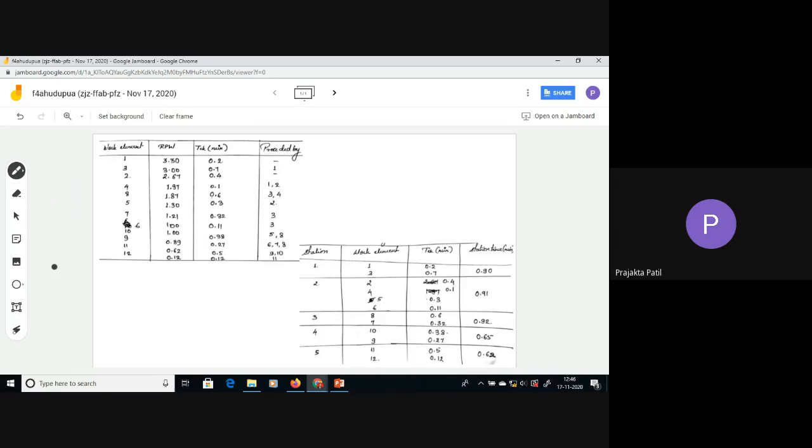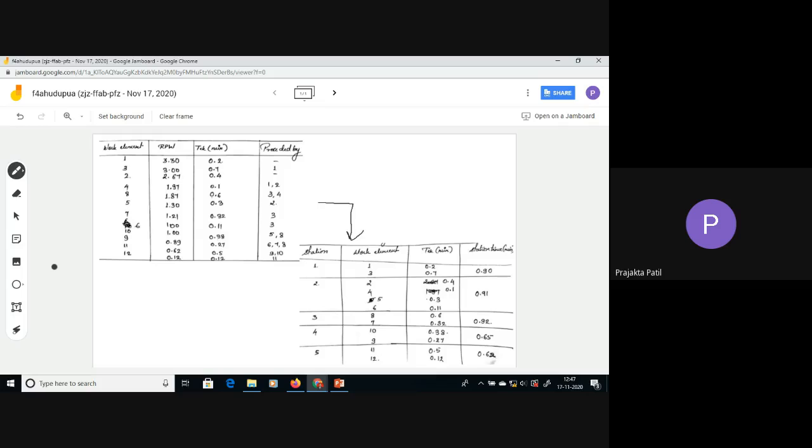So this table we have already written. I said you're going to put this table with work element RPW in the descending order and all the corresponding work elements TK and the preceded by values. Once you make this table ready, with the help of this table, you will get the final assignment table.